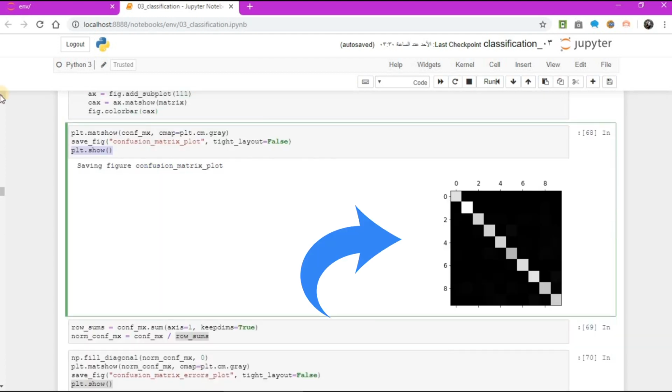This confusion matrix looks fairly good since most images are on the main diagonal, which means that they were